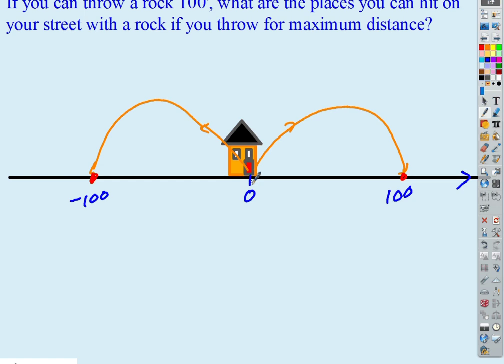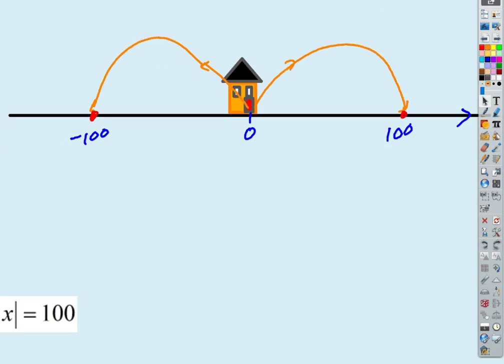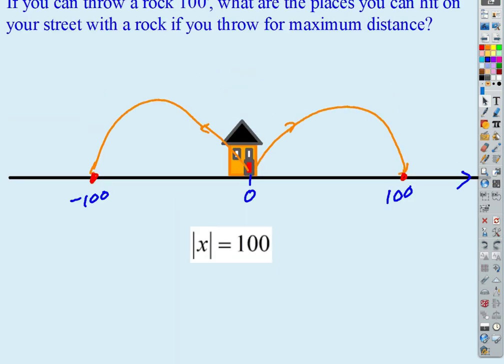100 feet. 100, right? So the distance, in both cases, from where the rock lands to where I threw it is 100. It's just either going to land at negative 100 or positive 100, depending on where I throw it. Okay, so this is a representation of that absolute value equation, right? And here's why. Because when we talk about an absolute value of x, the absolute value of x really means